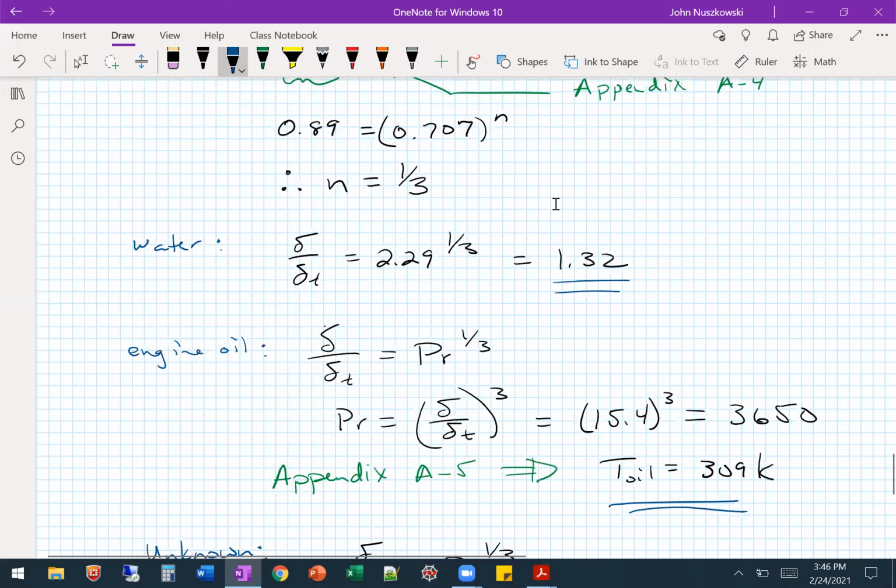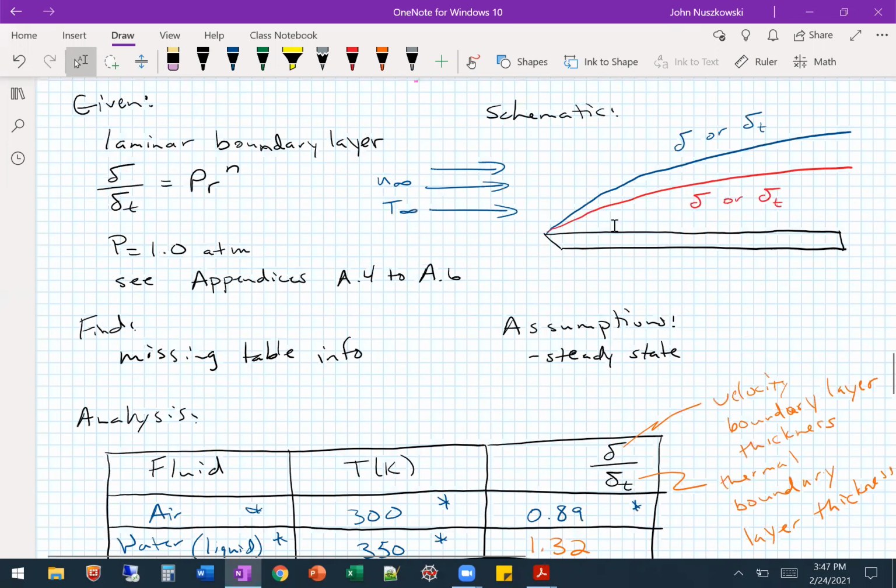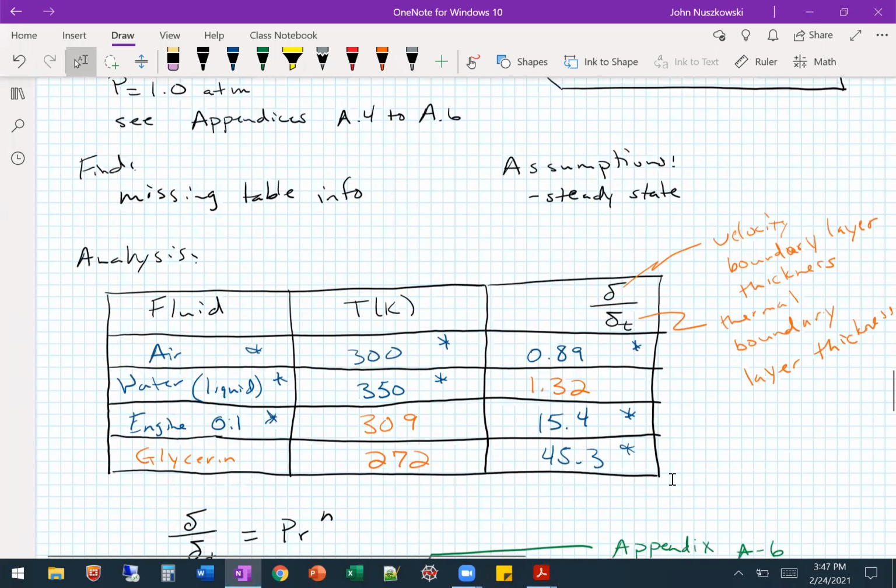Any questions? So that Prandtl number tells us a lot about what's happening with that fluid, right? So again, we said if that ratio is 1, they're the same, right? So that would be a Prandtl number of 1. Okay. So then a Prandtl number greater than 1 or less than 1 will change what that looks like, right? And we saw only the air had the thermal boundary layer thicker than the velocity boundary layer thickness, while for the others, all the velocity